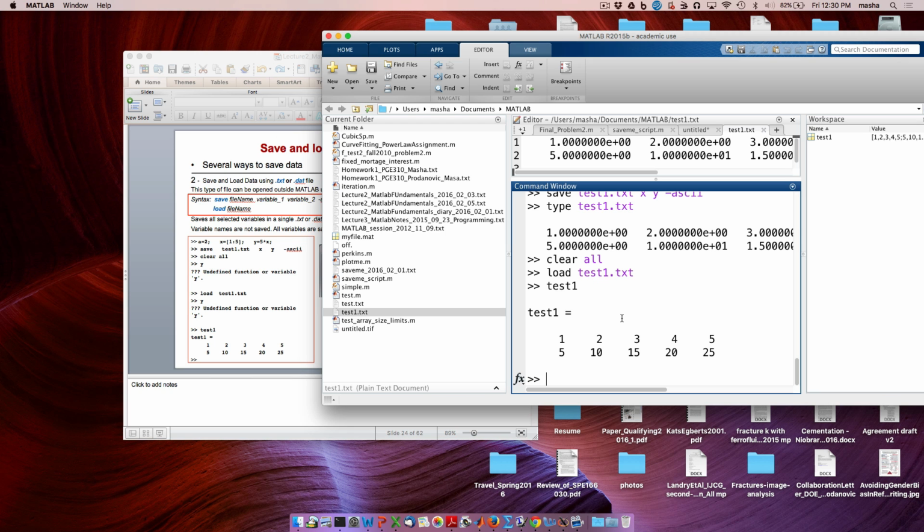This is the difference between saving and loading, and this is where I might want to manipulate or reshape or do something with this matrix, depending on what the data is. Now I know the way I saved things. This was my X, and this was my Y, because Y was 5 times X, if you remember executing. So the way I would do that,